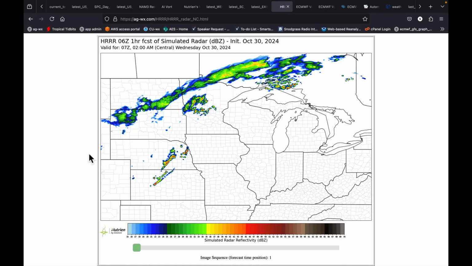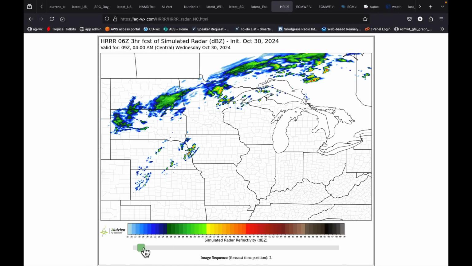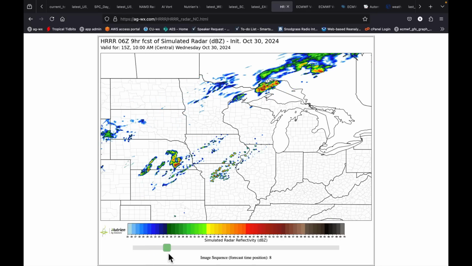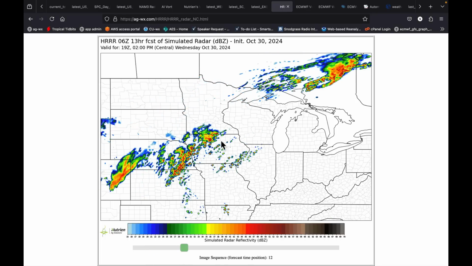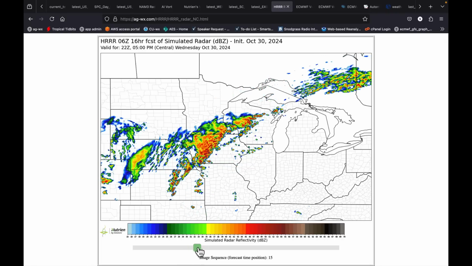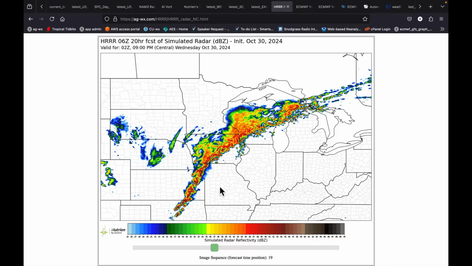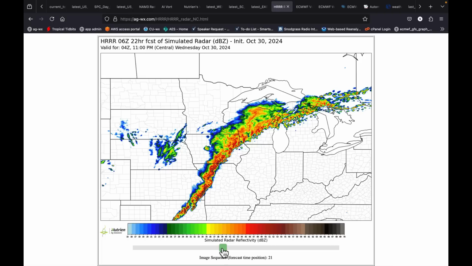So I'm going to zoom in on this kind of north central U.S. view. We're going to look at the high resolution rapid refresh model. And where are we? We're about 10 o'clock this morning, playing through this afternoon. And that's where we could start to see the early convection popping in, parts of Kansas, Nebraska, and Iowa. We could even see it over toward the Mississippi River. But most of this will be forced along the frontal boundary tonight here. But there is risk of some strong storms with this, and they could rotate. There could be hail producers with brief but strong straight line wind gusts. It's got multi severe weather threat here.